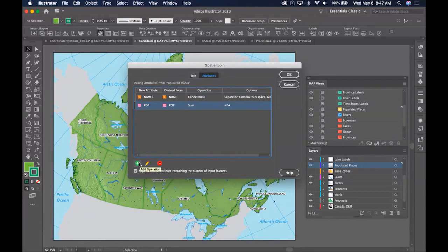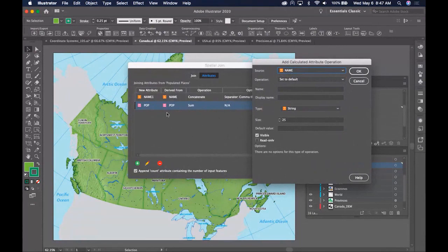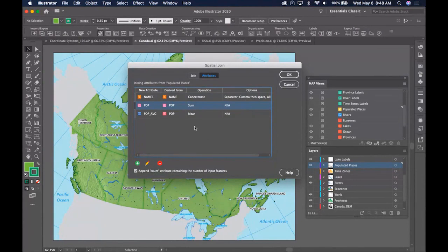I can also add an operation. So I've got my population set to create a sum attribute, but I could also find the mean population of each province. And so I can set it up by calculating the mean and controlling the number of decimals that'll be generated as well. So when I click OK,